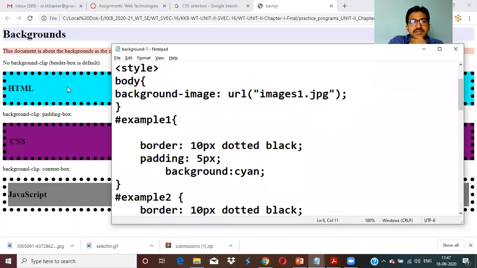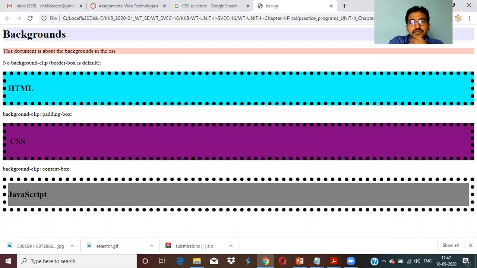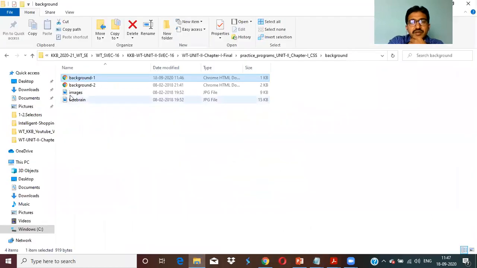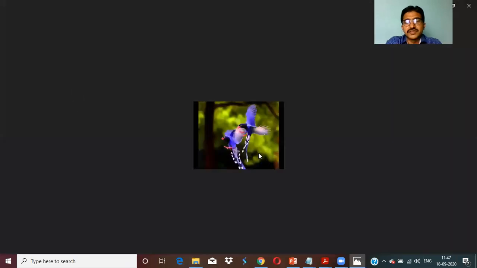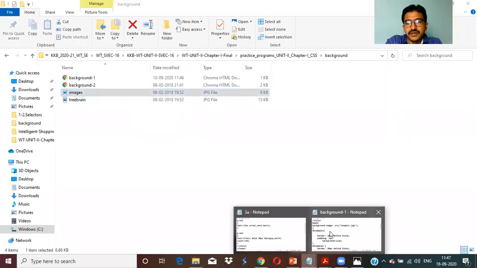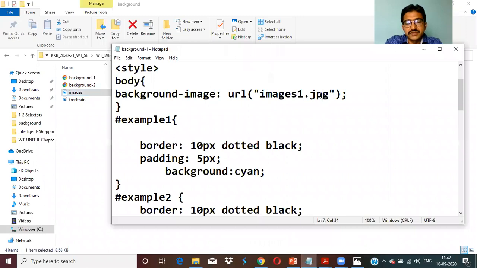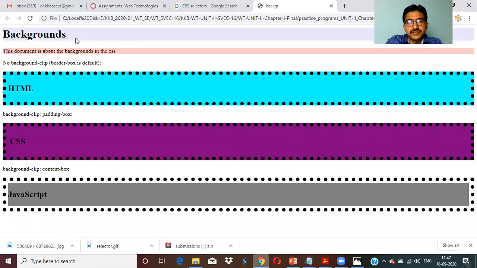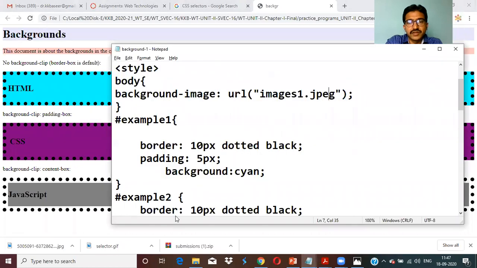So where actually is the background? What actually is there in the images? Right? So this is the image. If it is not getting that, maybe this is JPEG. Oops, so save and run, or else we can do another thing.